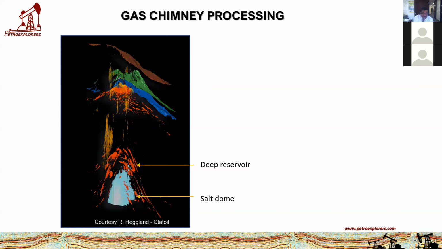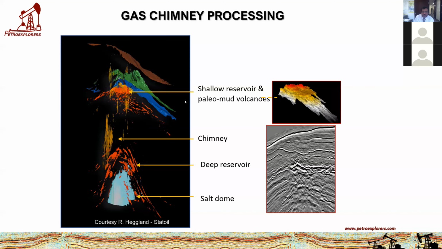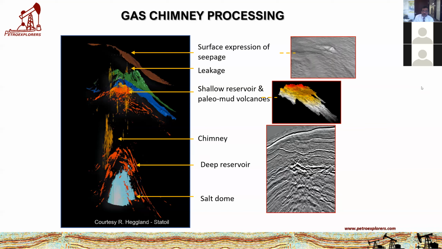So the deep reservoir is here, with a chimney showing from the deep reservoir, spill point leakage, and coming up to the shallow reservoir with the paleo mud volcanoes, which we can detect on the geomorphology, or the leakage near the surface. And then you can see ocean bottom related pockmarks and seepage expressions coming up to the near surface or the ocean bottom. So all things kind of tie together to make a pockmark like here,